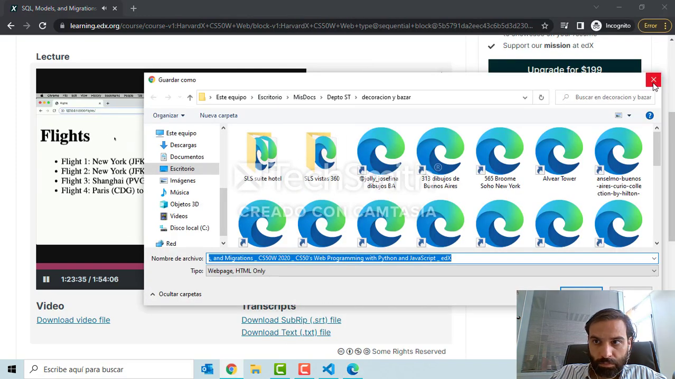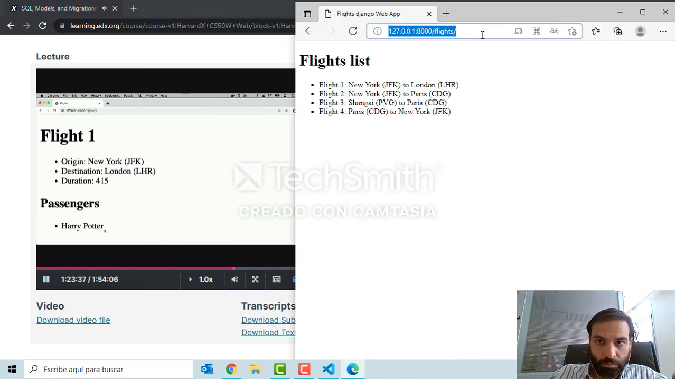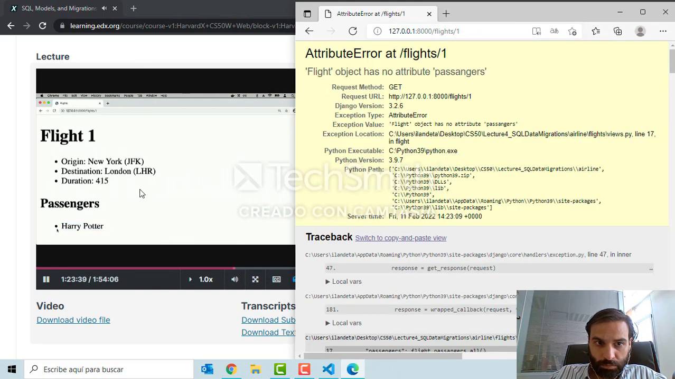And if I go to /flight/1, I now see that I'm on flight 1. Harry Potter is a passenger on that flight. But if I go to flight 2,